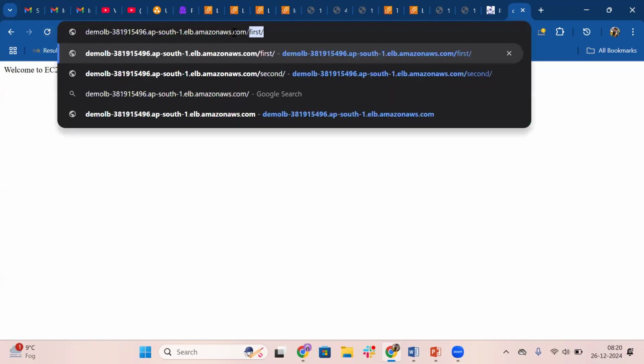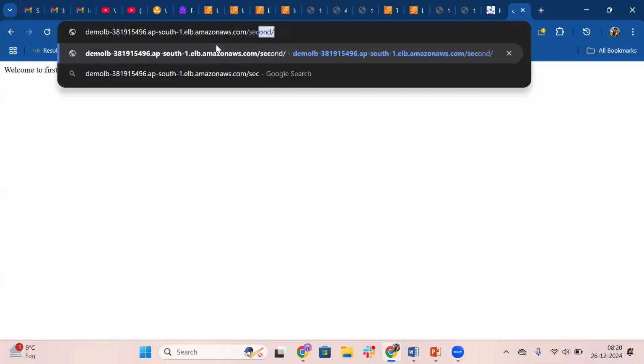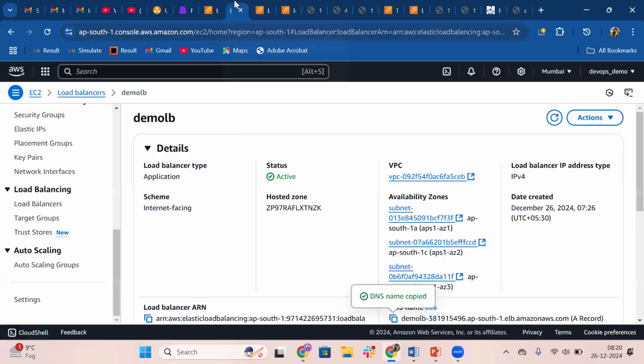Normally it prints welcome to public EC2 instance, welcome to round robin, welcome to EC2 instance. But what if I add /first after this? It will print welcome to first EC2 instance. What if I add /second, correct? It will print welcome to second instance. And how is this routing happening? For that you have to